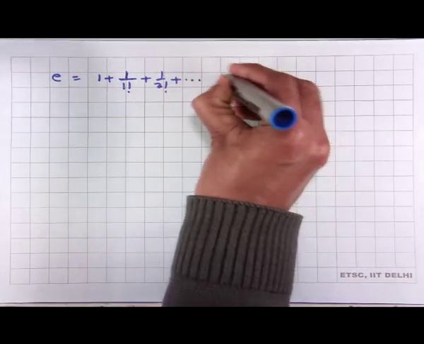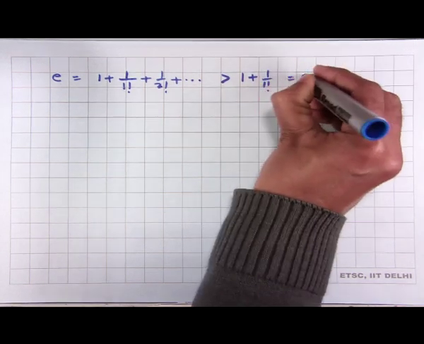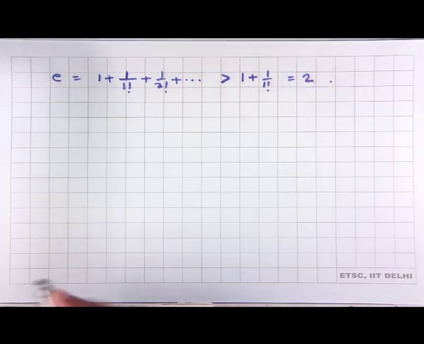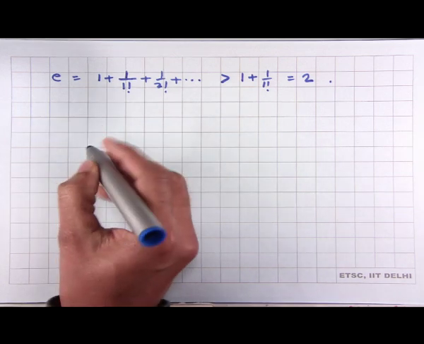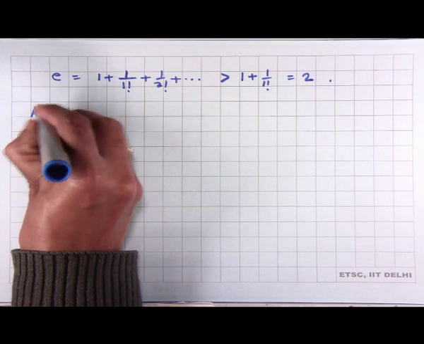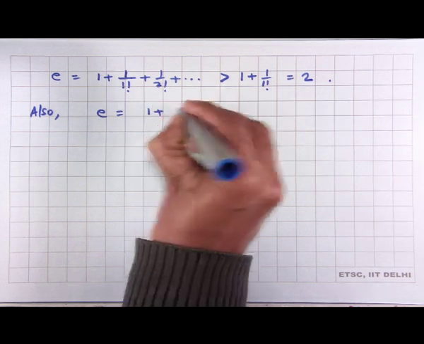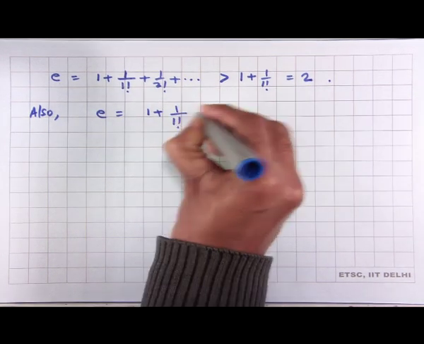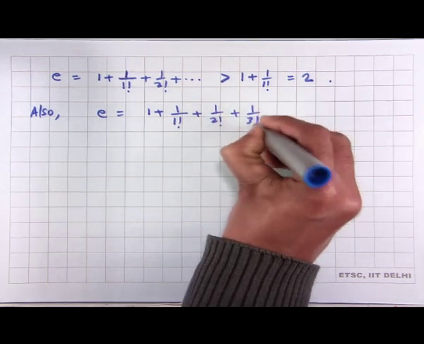This is of course bigger than 1 plus 1 over 1 factorial, which is equal to 2. So, E is bigger than 2. Why is this less than 3? Also, if I write E as 1 plus 1 over 1 factorial plus 1 over 2 factorial plus 1 over 3 factorial and so on,